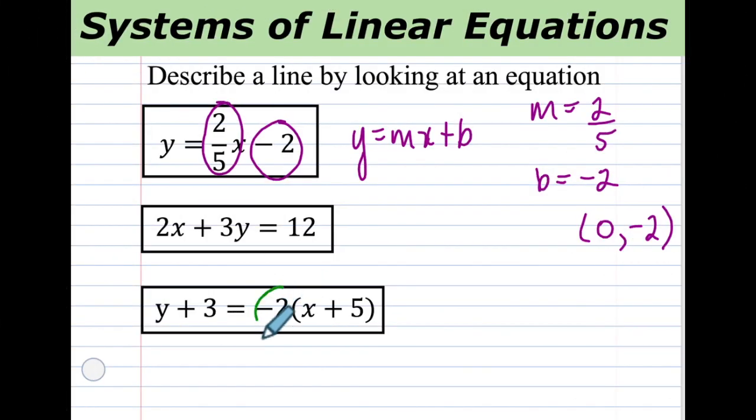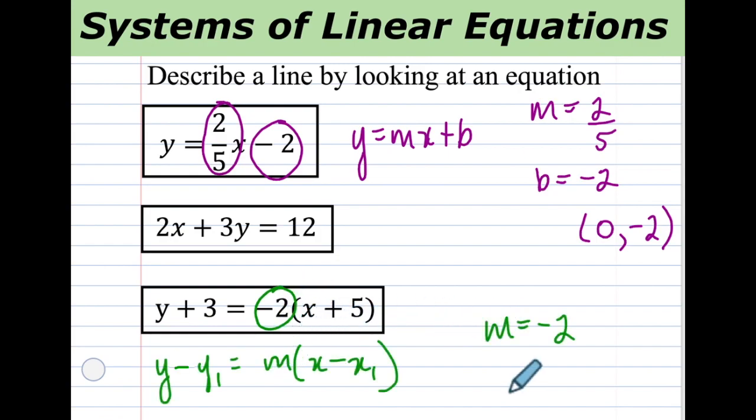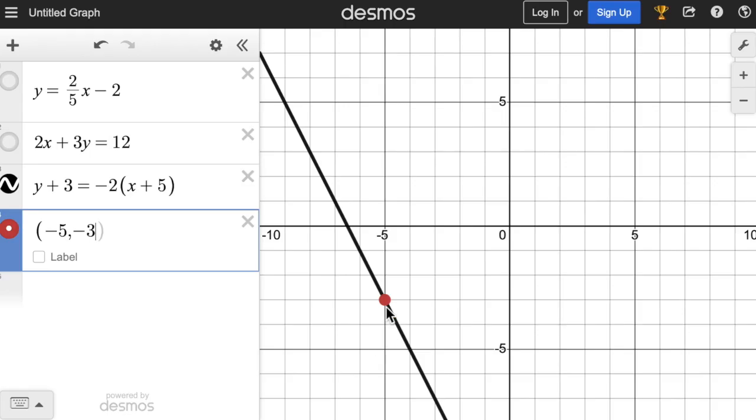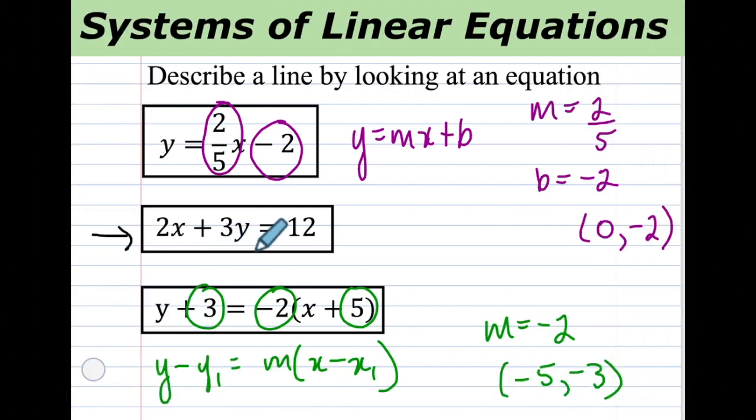From this equation, we can see the slope as well. The m value is -2, and a specific point on the line would be (-5, -3) from these two values here, comparing with the point slope equation. And there's the point (-5, -3) in the third equation, with the slope being -2 over 1, down 2 over 1. The middle equation's a little tricky to read off the slope or the y-intercept,